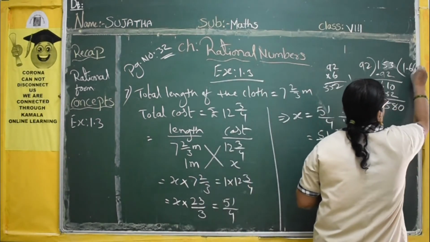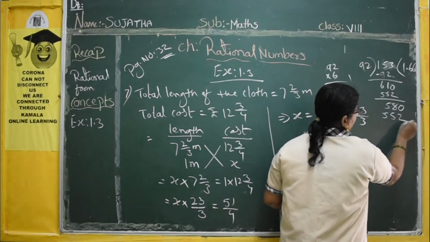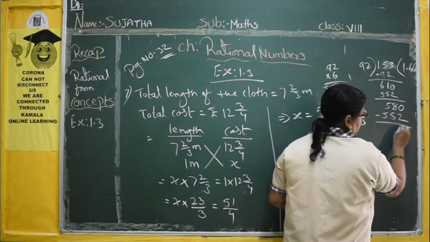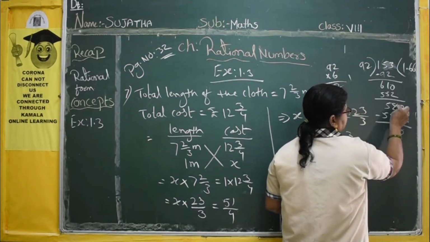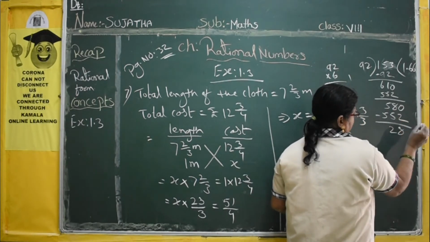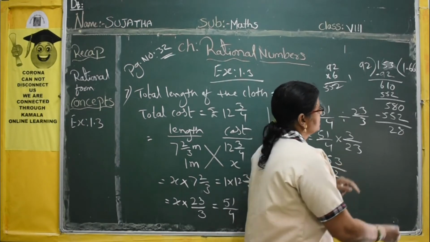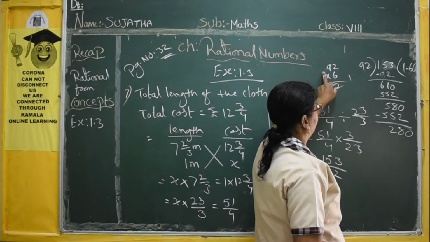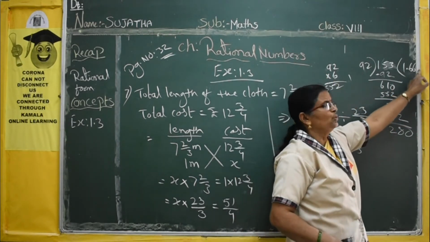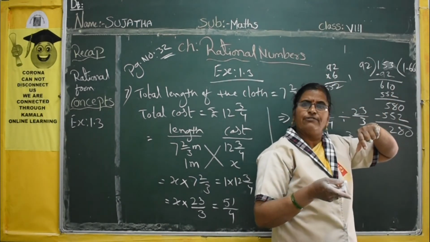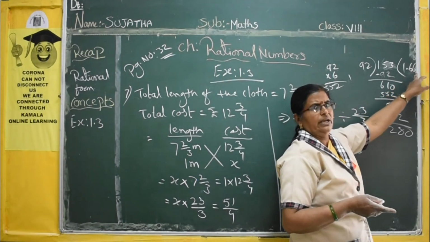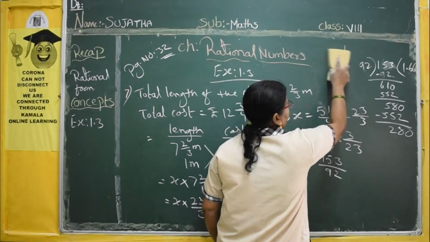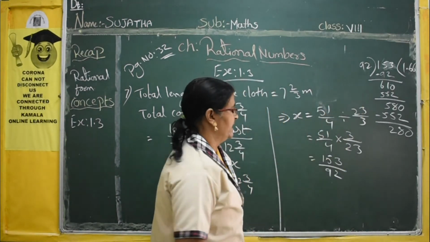So how many times again? 6. So 552. Now 10 minus 2 is 8. Now here 7 minus 5 is 2. Suppose the third decimal, if you take 280, how much will you get? 2 times. That is, you will get 2. 2 is less than 5, so no need to add to the previous number. So you will get 1.66. That is 1 rupee 66 paisa.